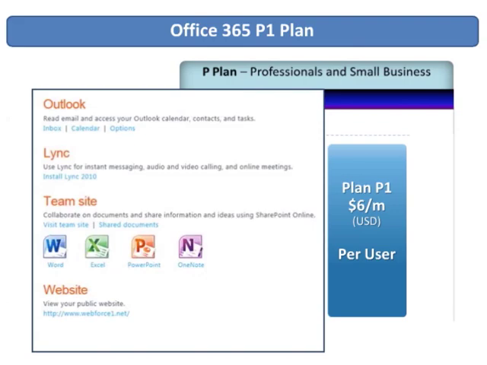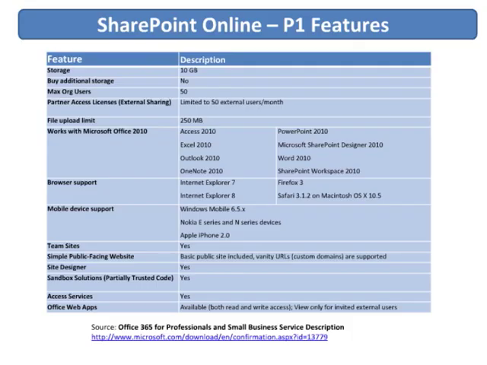So let me go ahead and move on to the next slide, because it's going to be a little busy, and I don't intend to go through every single item here, but I did want to point out the biggest difference between the P plan and E plan. Like I said, you only get one site collection. Your storage is limited to 10 gigabytes. So if you think you're going to exceed 10 gigabytes in the future, you probably want to consider going to the enterprise plans. The enterprise plans go up to 5 terabytes. So that's going to be one of your deciding factors for which plan you want to go with.